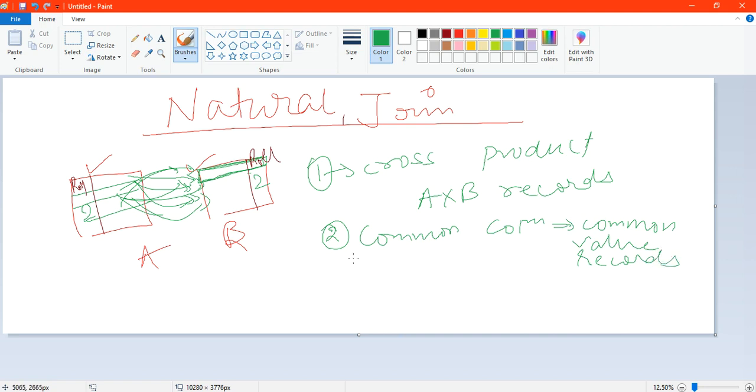The third condition is if you have one common column, roll number and roll number, but the values are not the same. Here 1 2 3, here 4 5 6, none of the values is matching in this common column, then it will show you that no records found. It will not do the cross product. Behind the scenes it will do the cross product, but it will not show you the results, because it considers that you have given one common column, so the values of the common column should match for some records and only those records should be printed. But here none of the values are matching. Here 4 5 6, here 1 2 3 in table A, so no records will be printed. This is the third condition.